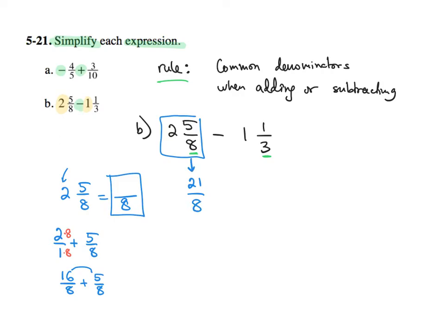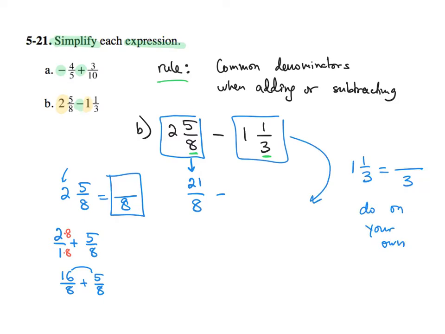So go ahead and pause the video and use the same process so you can change the second fraction. And then we'll talk about common denominators. So now you are prompted, like I said, to do it on your own. So I'm going to pretend you already did it. Right now I want to use a common denominator between 8 and 3. One way you could do it is list all the multiples of 8 and 3 at the same time,